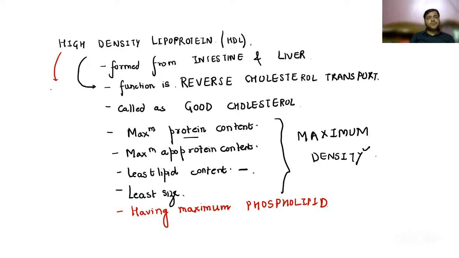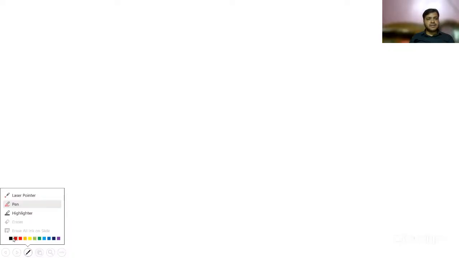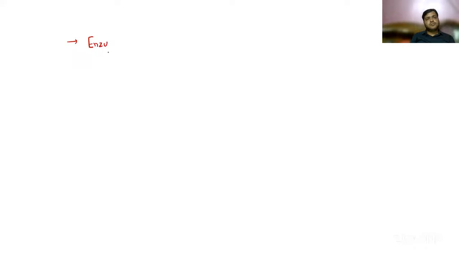Now the apolipoprotein over here that you have to remember is ApoA1. Try to remember one more thing about what this HDL is doing, since it is very important. Let me take on to another slide and tell you that enzyme activity is also present over here. The enzyme activity present in HDL is LCAT,